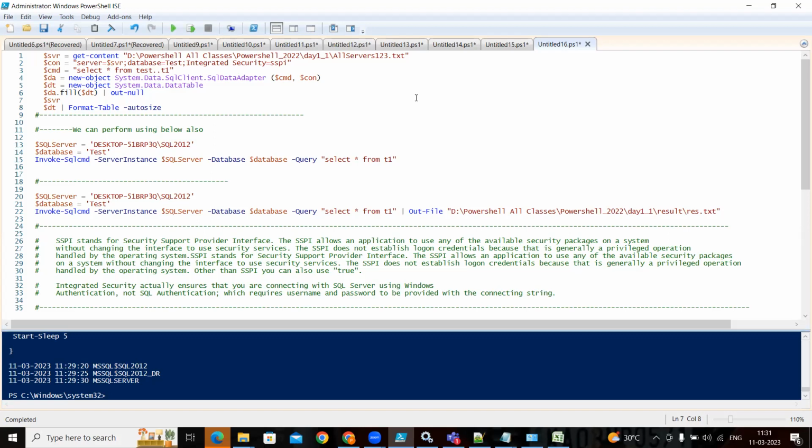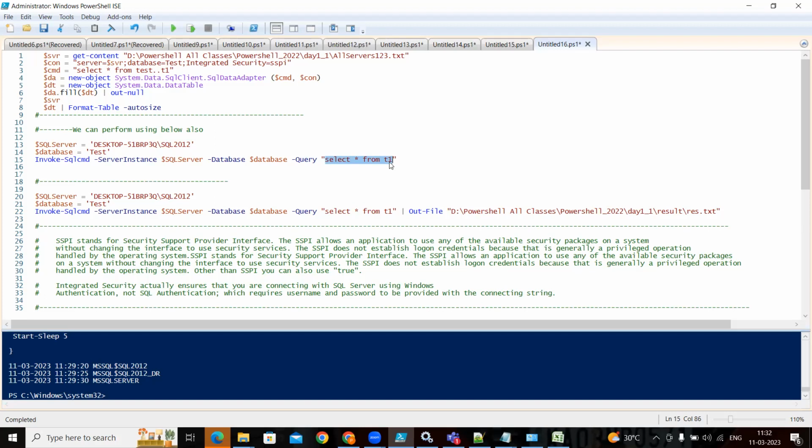Now what is my work? I want to execute a command, select star from T1, and I want to use PowerShell for this. How many ways can we use? We have multiple ways. If somebody wants the result of select star from T1, you can go with PowerShell, which itself has multiple features. You can go with the DB tool, the commandlets, the .NET features, or the SMOs. There are four ways people can use to perform